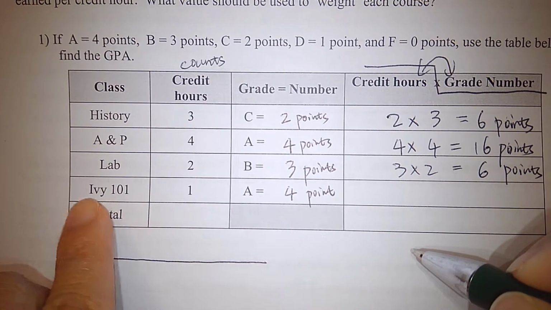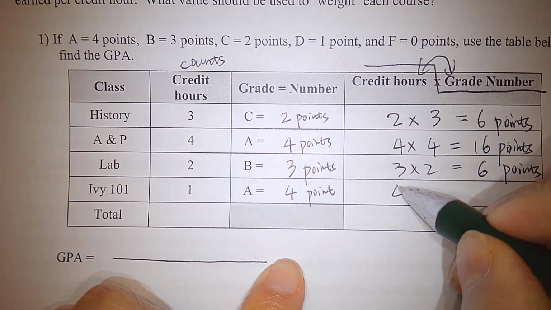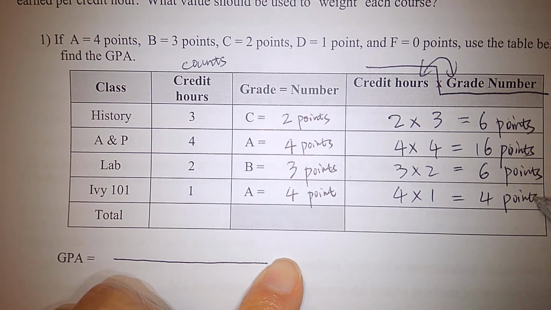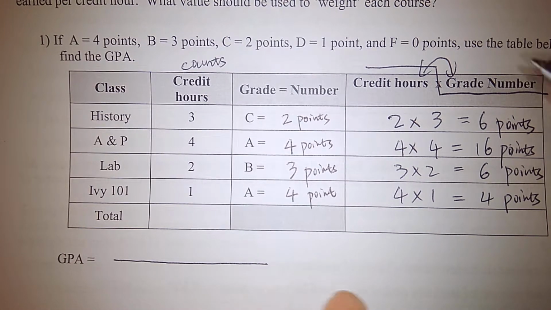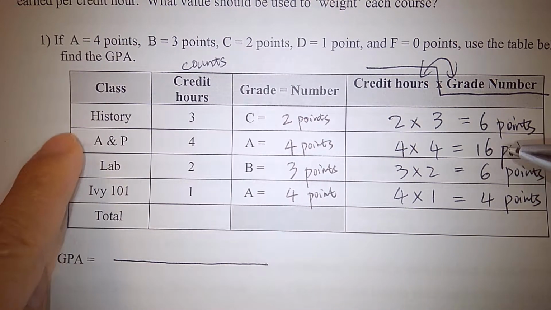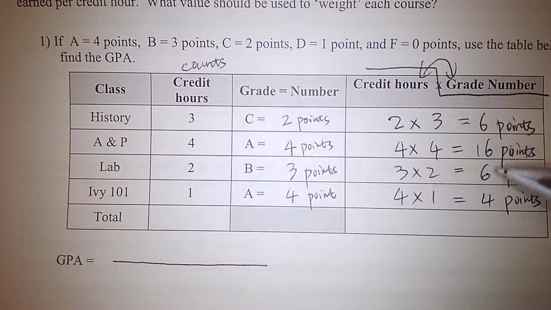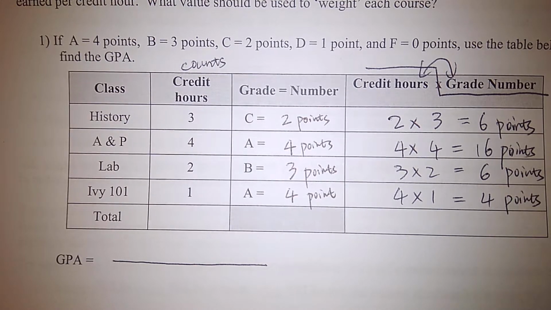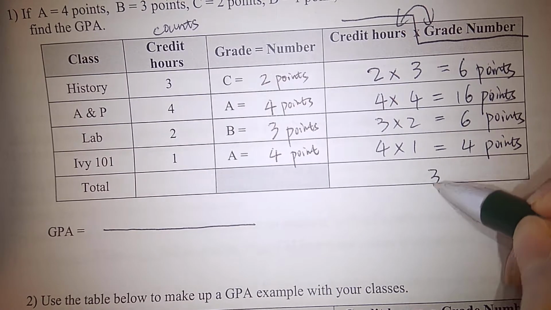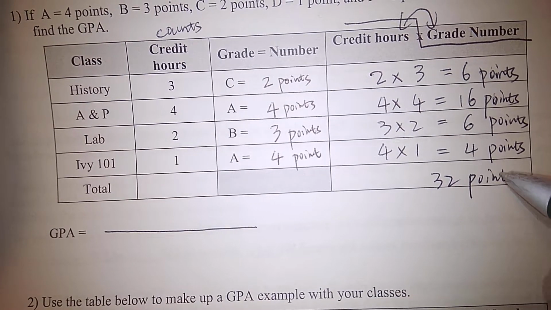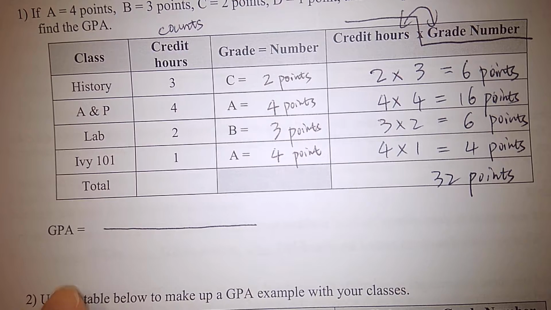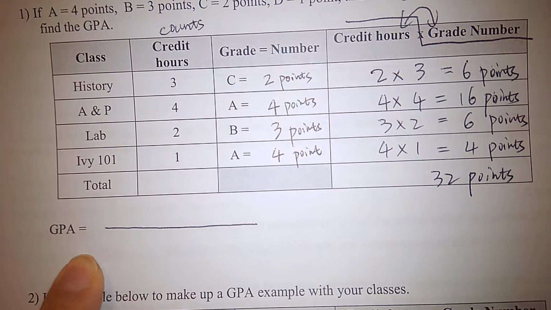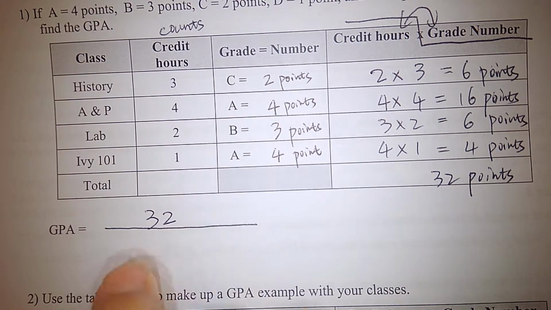And then IBY 101, 4 times by 1 gave us what? 4 points. So in total, how many points do we have from these classes? Add them up. 6 plus 6, 16 plus 6 plus 4, what do you get? 32 points. Okay, so to find the total GPA, we are going to put the 32 on the top,